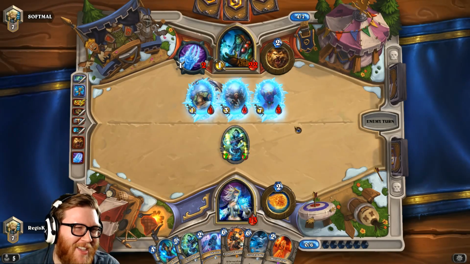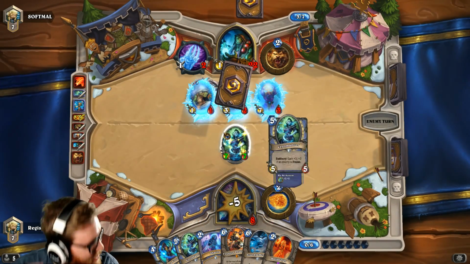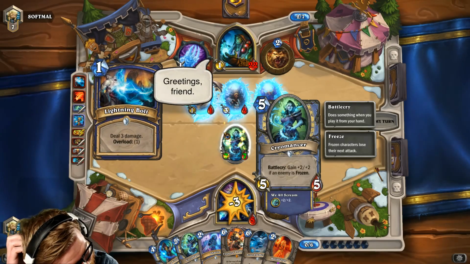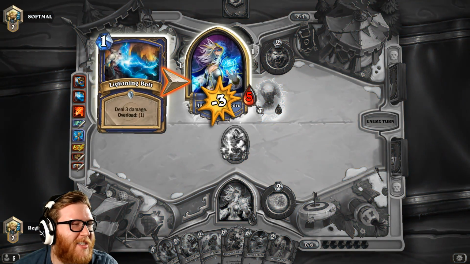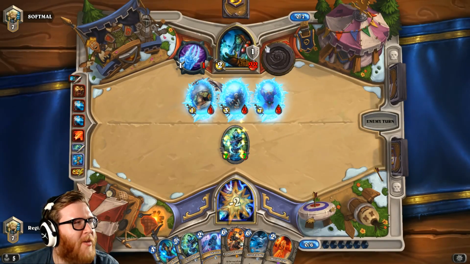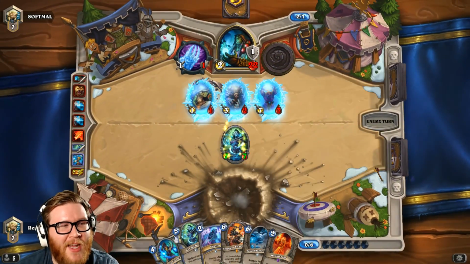God. Shaman is really interactive and fun, guys. Look at that damage. God. And the hero power. Exact lethal. Man. He just did 12 damage from an empty board. That happens. That's a perfect hand. So, you know...